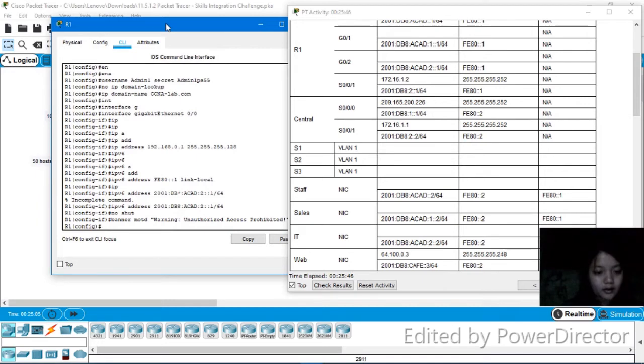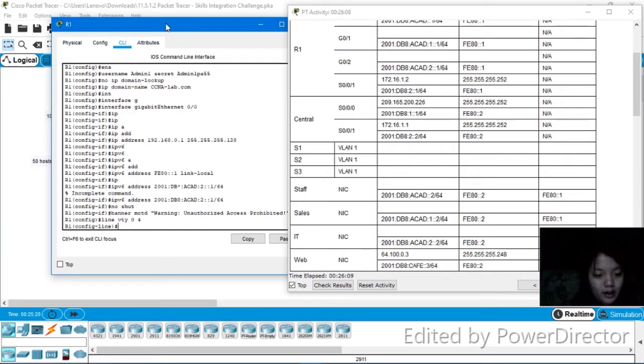So after that, we will put the line VTY. We already put the password for the console. Now is for the line VTY 0 4, and then the exec